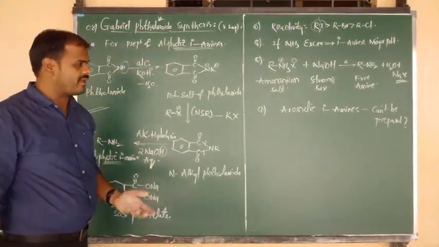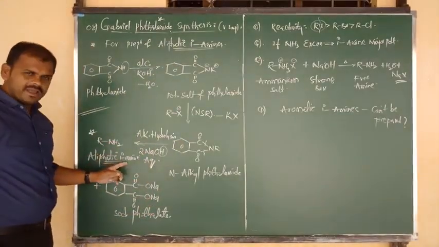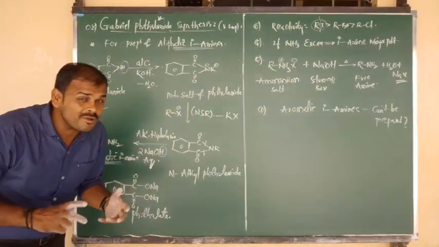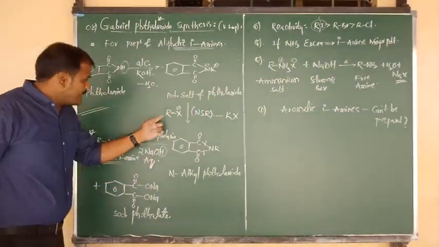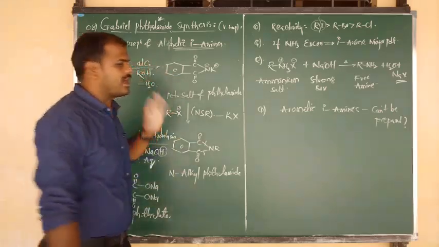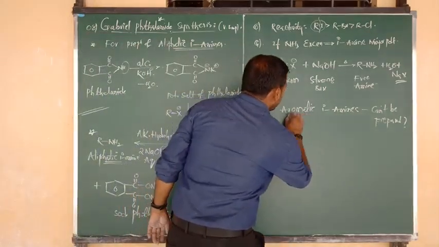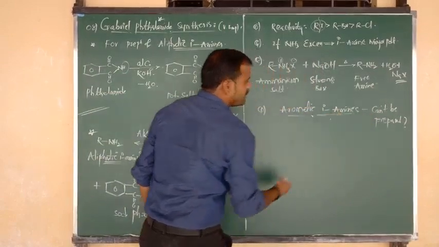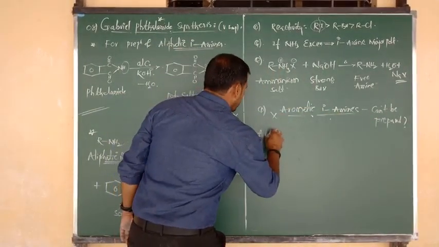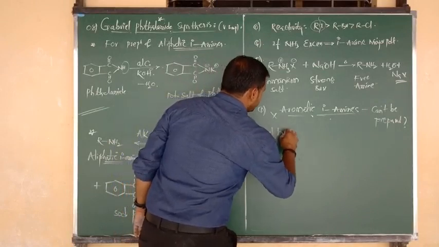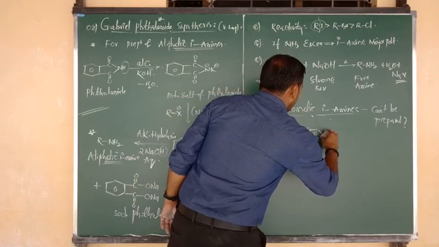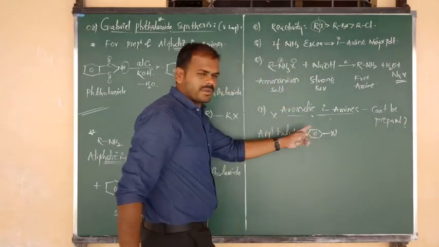So the reason is why. For the preparation of aliphatic amine, we can take alkyl halide. But for the preparation of aromatic primary amine, what do we have to take? Aryl halide. But we know very well, aryl halides do not undergo SN reactions. Answer was over. So aromatic primary amines cannot be prepared in Gabriel phthalimide synthesis because aryl halides, nothing but benzene bonded to X, due to the concept of resonance,